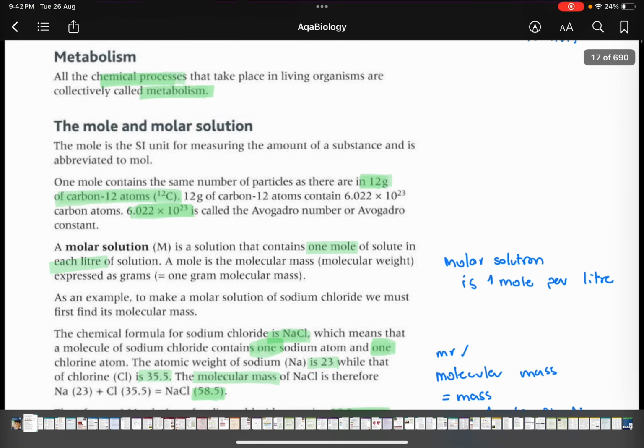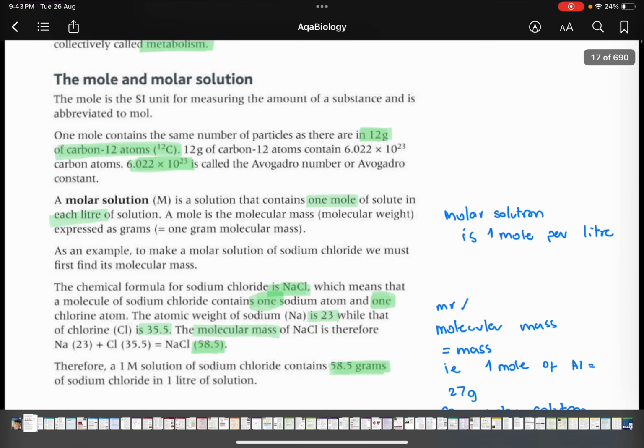So you might hear about the term metabolic rate, and that essentially just means the rate at which the chemical reactions are taking place. Or you might hear that someone has a fast metabolism, and essentially that just means that the chemical reactions in their body are taking place at a fast rate. In our day-to-day usage, that could mean that they use glucose fast in respiration, in turn meaning that they